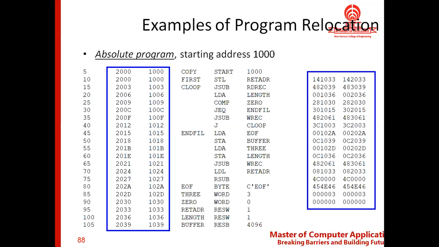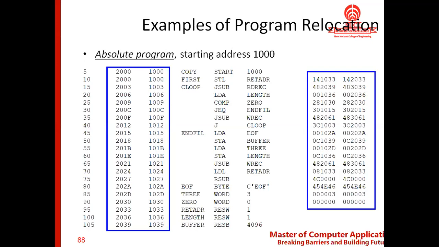If you look at the right hand side, again the object code is mentioned. The first column represents the object code when the program starting address is 1000, and the right hand side is the object code generated from the starting address 2000.